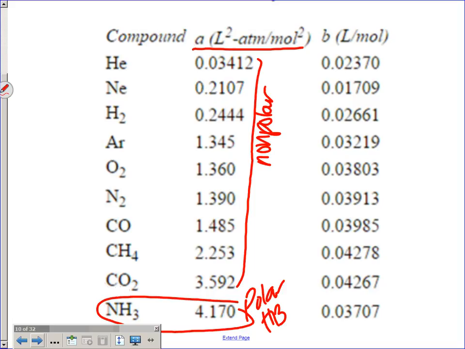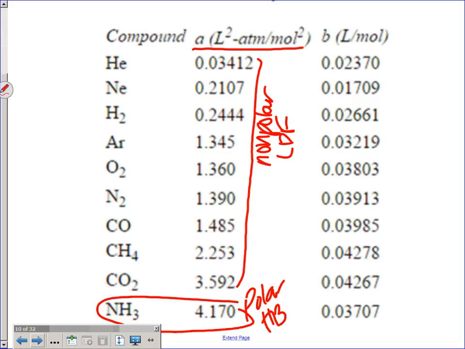All of these experience what force? London dispersion forces. So they all experience London dispersion forces. Actually, the ones with more electrons, like these bigger ones down here, they have a little bit of a stronger intermolecular force, London dispersion force. That's why they have bigger numbers. But not only that, what else did I say plays into the A value? Size, okay, mass, weight, right? So CO2 weighs 44 grams per mole, methane weighs 16 grams per mole, carbon monoxide, so the size,